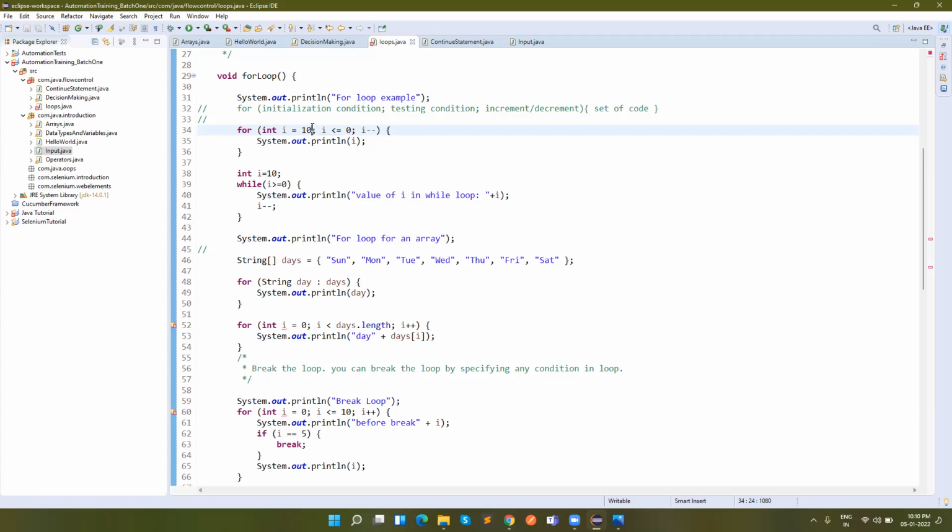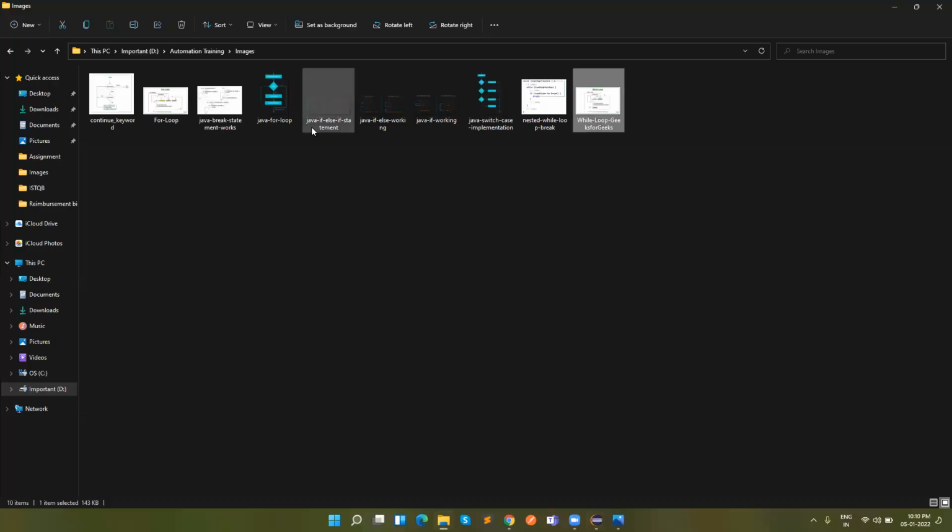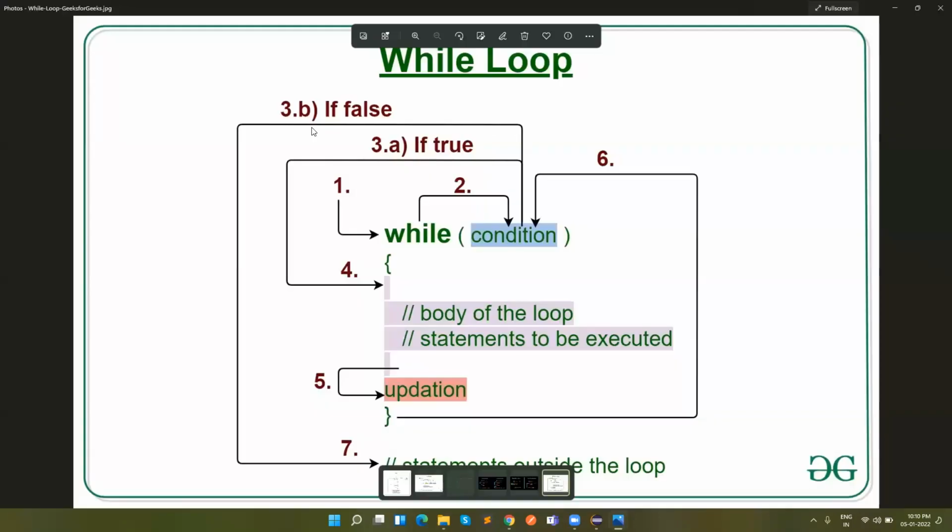Now let's evaluate this one. Let's first understand how the while loop works, right? In the while loop, first it will check the condition. Then it will execute whatever is written inside the loop, inside that block. It will do the necessary updation. Necessary updation means that